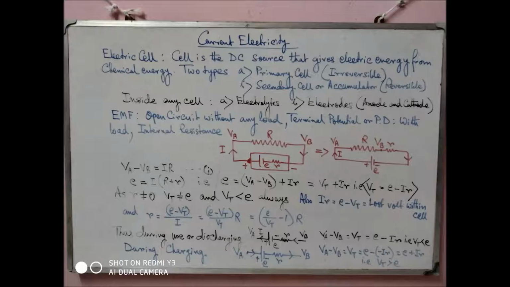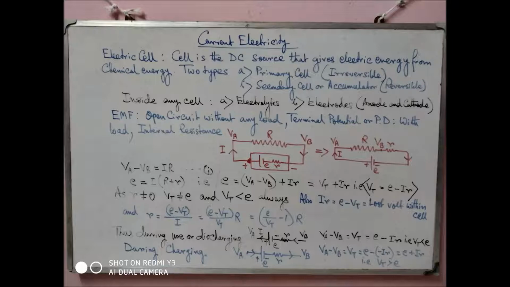And the other physical quantity is the internal resistance. Internal resistance means what? See, inside the cell what is present? Electrodes and electrolytes. Now these electrodes and electrolytes should have some resistance, because we know that all types of conductor, not only conductor, the electrolytes and semiconductor also, they have resistance. So nothing is superconductor. There is a term nowadays, superconductor, which has no resistance, but still it is in the laboratory stage. Practically we are not using superconductor.